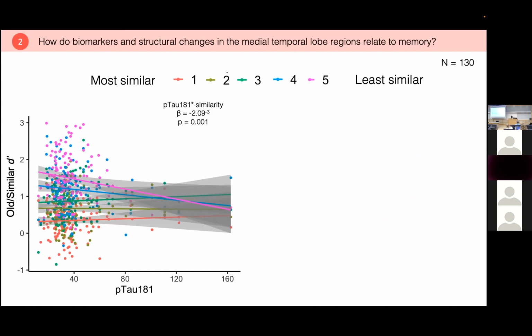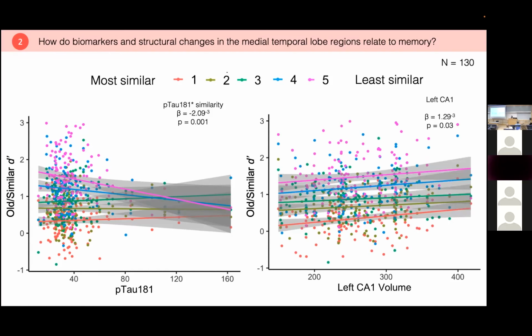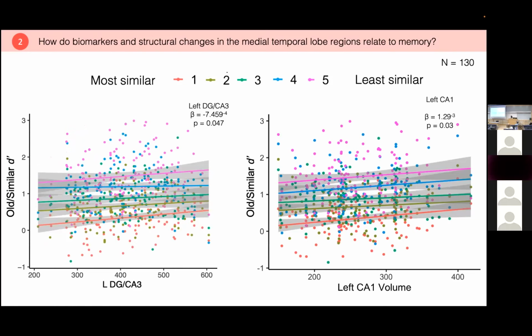And so one big question now is, what about volume? What we see, if we look at left CA1 volume, is that there is an overall gain across the performance. There's a strong main effect in which CA1 volume, independent of p-tau, because we're controlling for p-tau in this model, improves performance on this task. And of course, when you're looking at the MST task, everyone always wants to talk about left DG/CA3. You can see that in DG/CA3, the same pattern of results holds. So these participants with larger left DG/CA3, controlling for p-tau, also show gains in performance on this task.